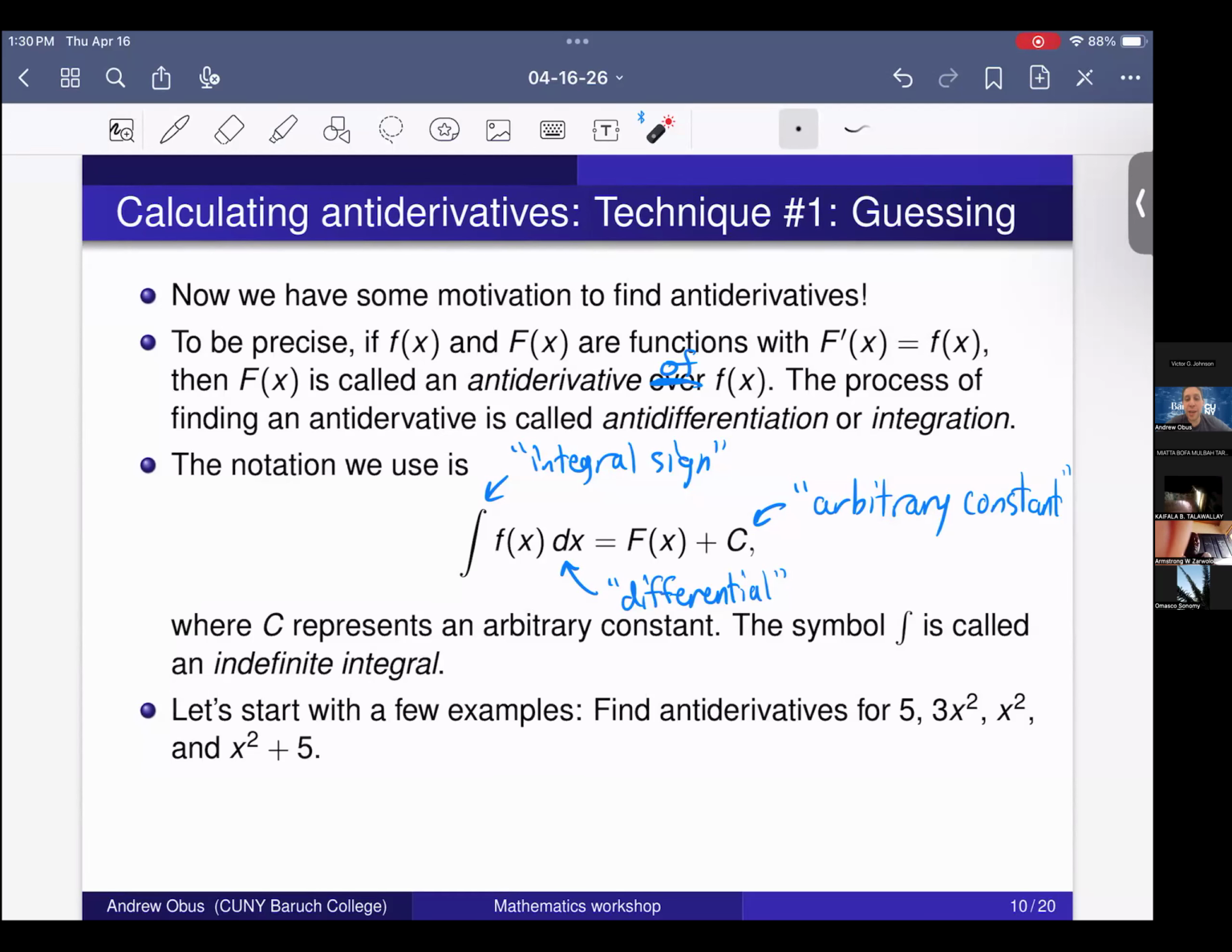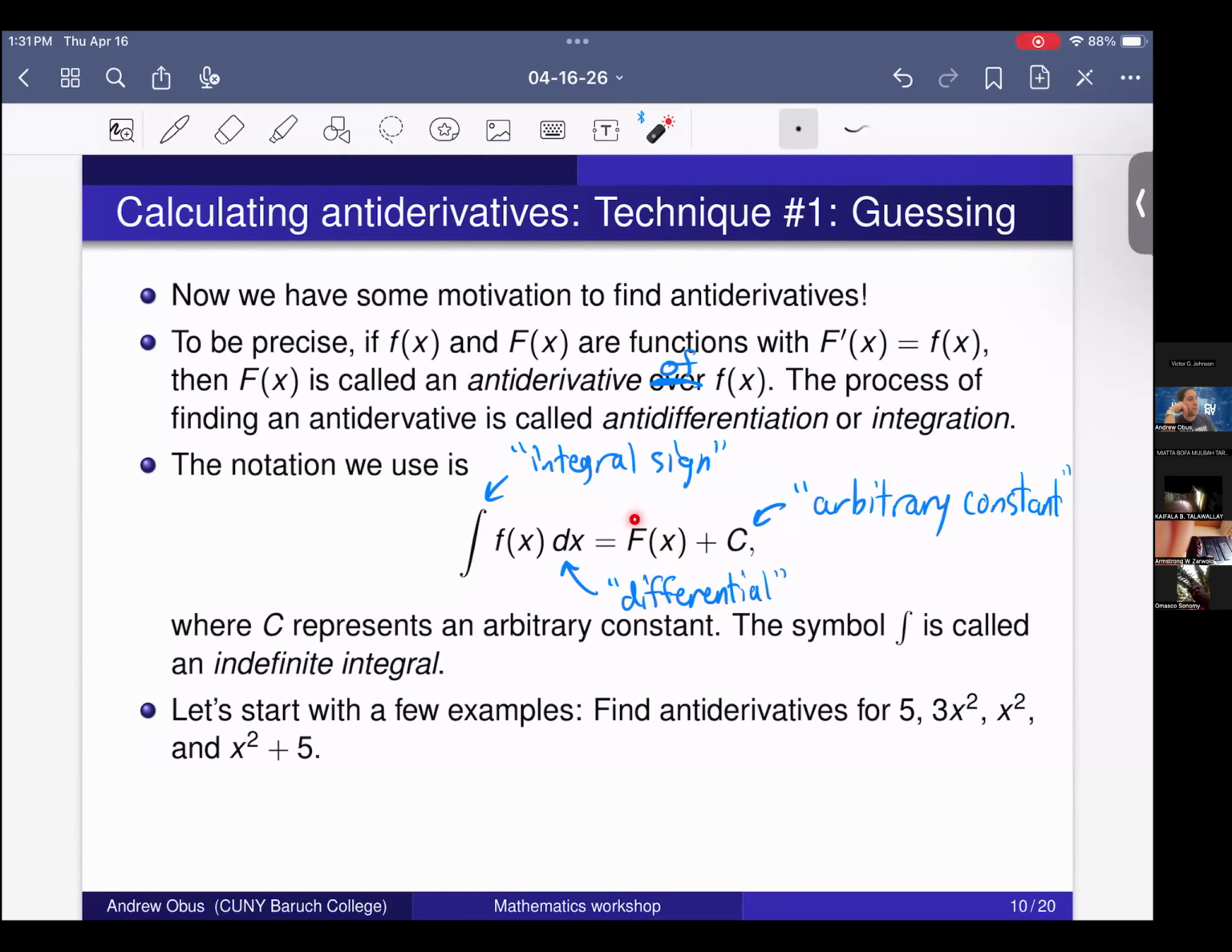If I have some function and I add 5 to it, that just moves the graph of the function up by 5 units. It doesn't change the slopes of any tangent lines, right? It just moves the graph up. Or if you want to think about it algebraically, the derivative of a constant is 0, so if you add a constant, then when you take the derivative,